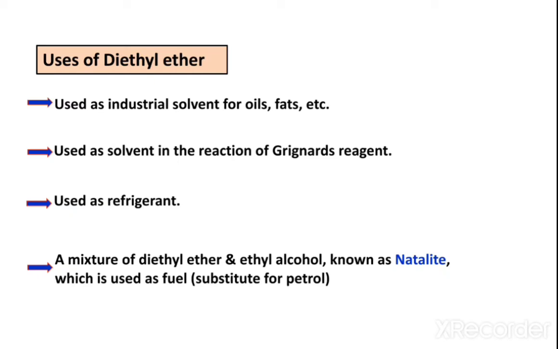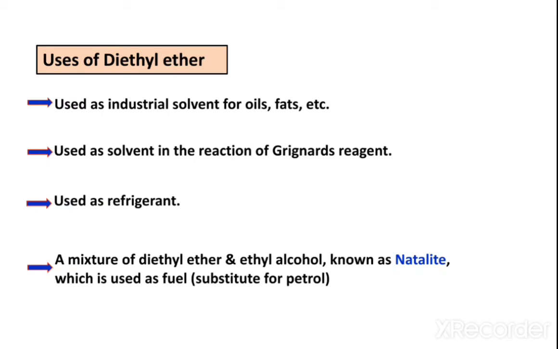Then we discuss the diazomethane method. In the diazomethane method, when alcohols or phenols are treated with diazomethane in the presence of BF3, we get the ether. The physical properties of ether: the ethers are polar but insoluble in water and have a lower boiling point than alcohols of comparable molecular mass, because ethers do not form hydrogen bonds with water.